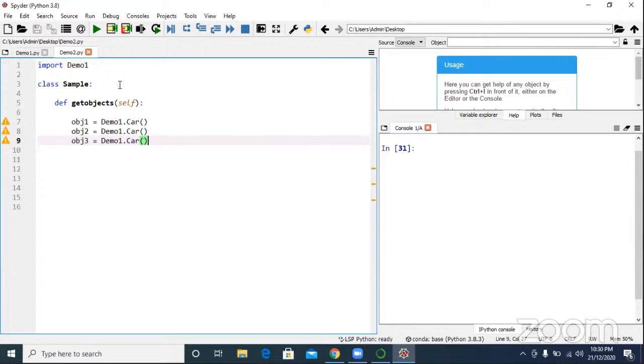Okay. I want 100 objects. I want 1000 objects. I need a lakh of objects. I need a million objects. Shall I go like this? Shall I proceed like this? obj4, obj5, obj6, obj100, obj200, obj1000. Shall I create like this? I want multiple objects. Yes, you can do that. But